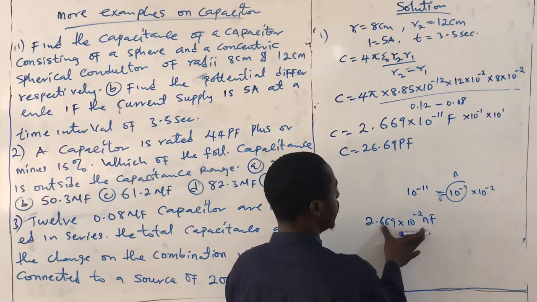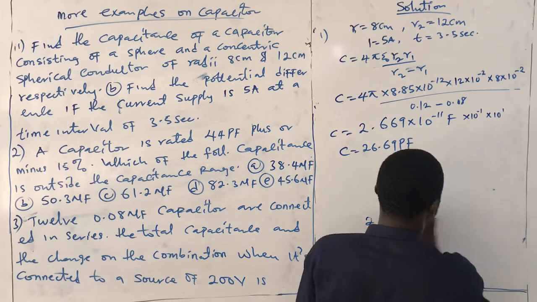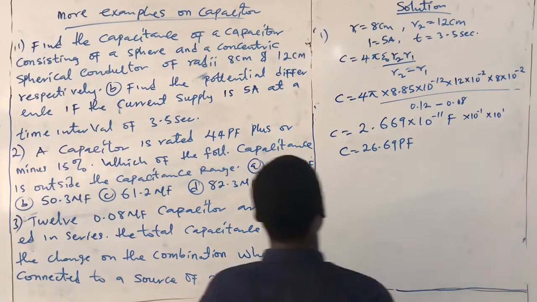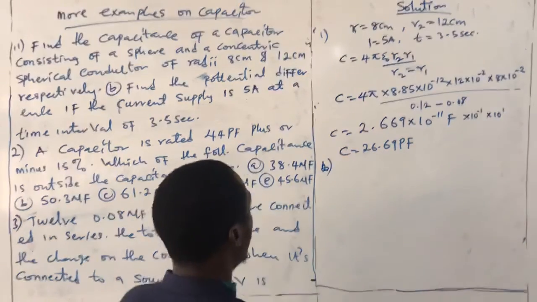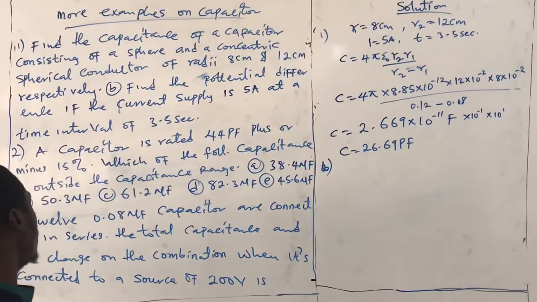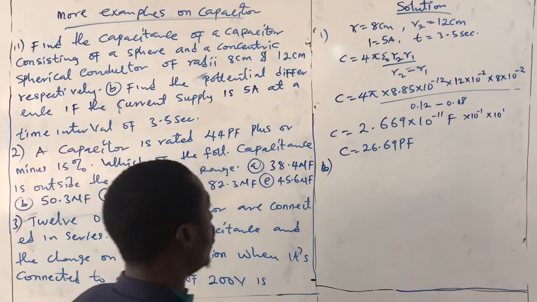So we can leave it also in this. So we can also convert it into this. It depends on the way we want to leave our answer. So for question B, we are asked to find the potential difference across this capacitance if the current supplied to